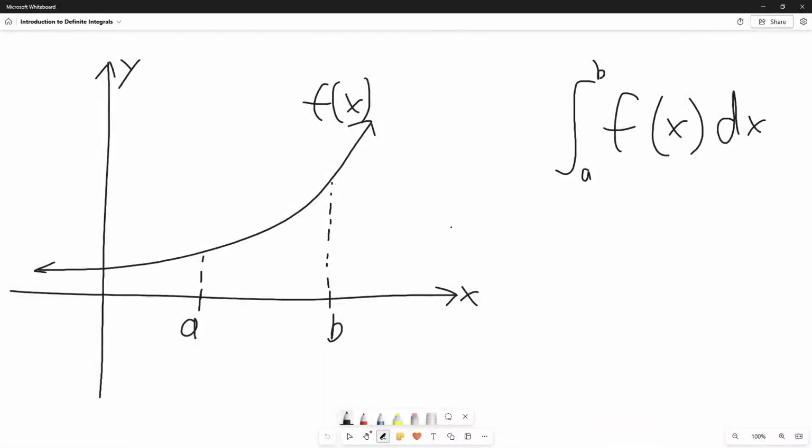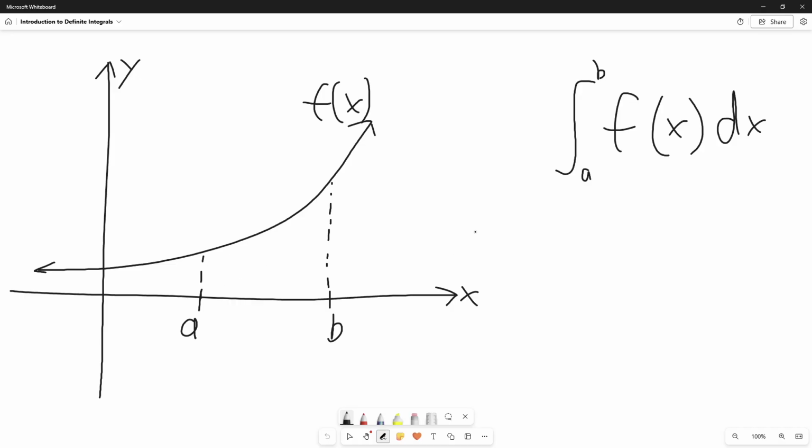So let's say we have this graph of f of x, and we have two points A and B, and we need to find the area beneath the curve from A to B. This is going to be called the definite integral, which is just the area under a curve within the interval A to B. And you already know how to approximate this using Riemann sums by drawing rectangles with equal length like this. But today, we're going to find out how to find the exact value of this area under